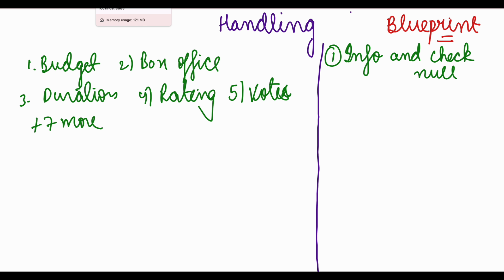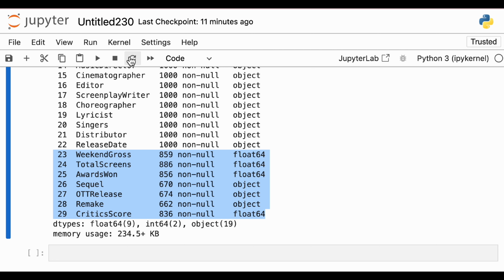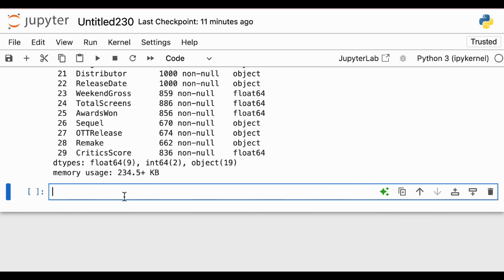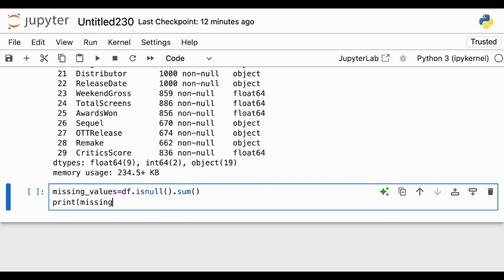Now what we are going to do is check for missing values. There is another method that we can use. For example, let's create an object missing_values, and let this be equal to df.isnull(). Remember, we did this part. What it does is, for all of the cells, it will check if that cell is null or not. If that cell is null, it will give you a 1, otherwise 0. After isnull, we do a .sum(), we will sum them up. And if I do print missing_values,